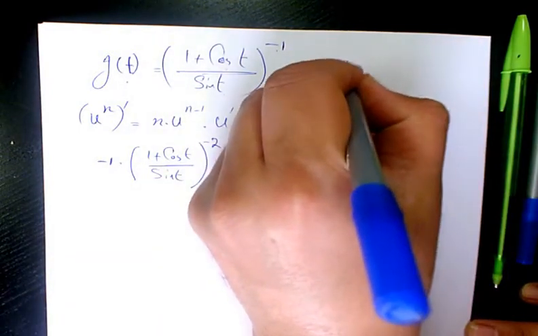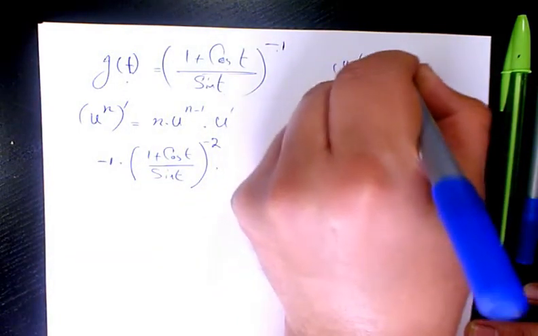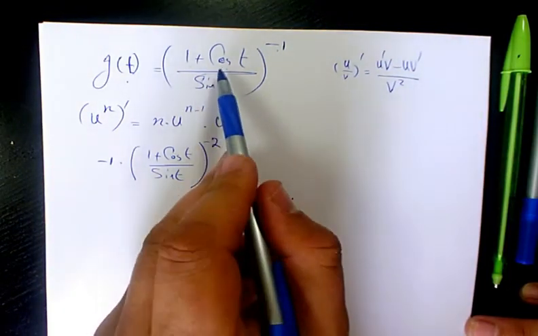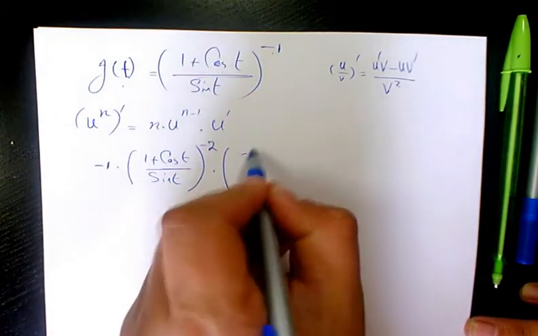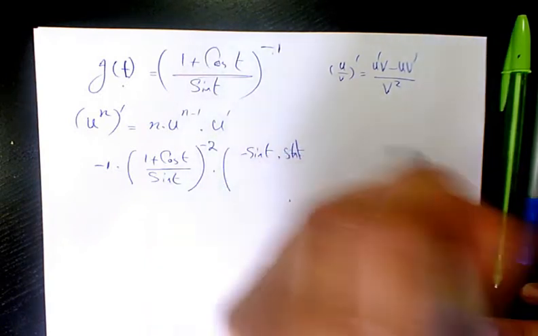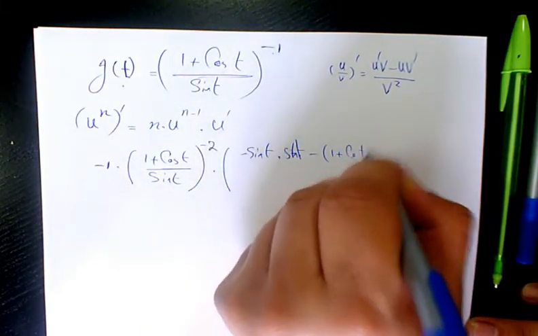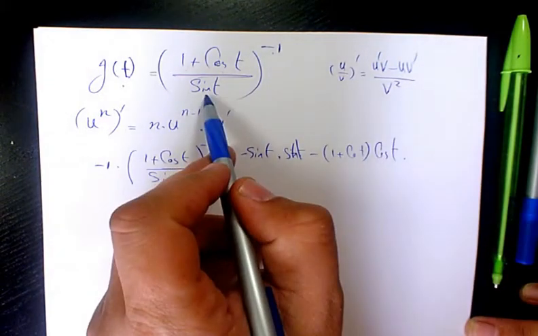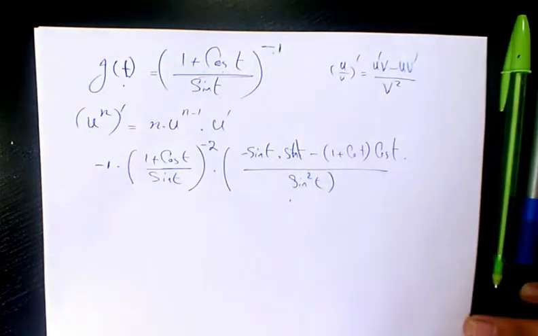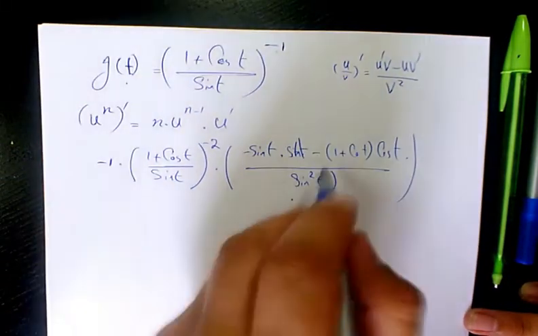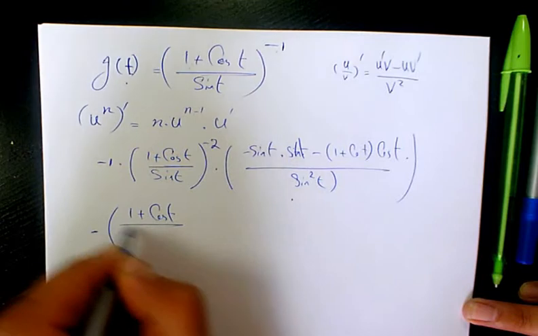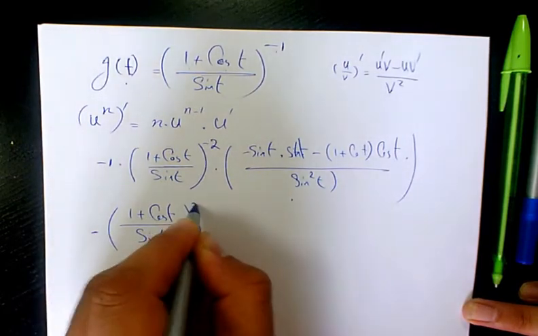And we know for u over v, when you find the derivative, it is going to be u prime v minus u v prime divided by v squared. So the derivative of 1 plus cosine t is negative sine t, times sine t, minus 1 plus cosine t times cosine t, because the derivative of sine t is cosine t, over sine squared t. So when you simplify it, it's going to be negative (1 plus cosine t over sine t) to the power of negative 2